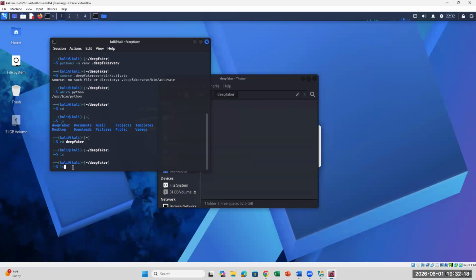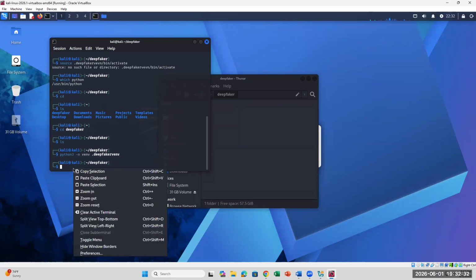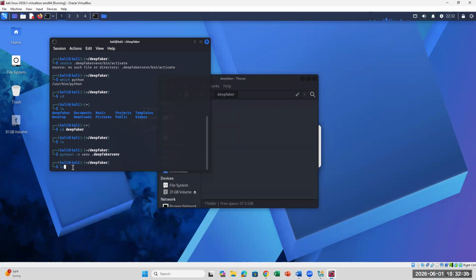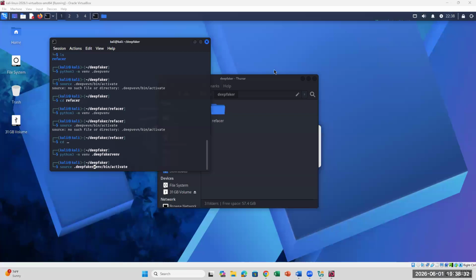It did not create my virtual environment for Python. Interesting. Okay, so